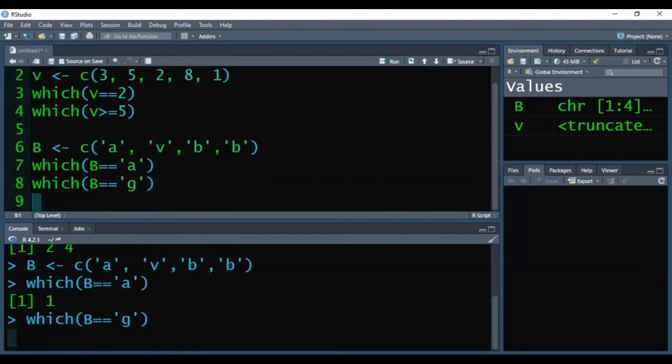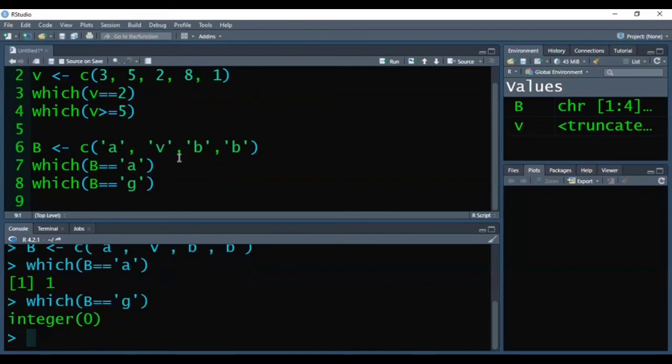So in the output, in the console window, you can see R is returning us integer 0. That means there is no element G stored in vector B. That way the which function can help us to find the index or position of any element according to the condition we are passing inside this which function.